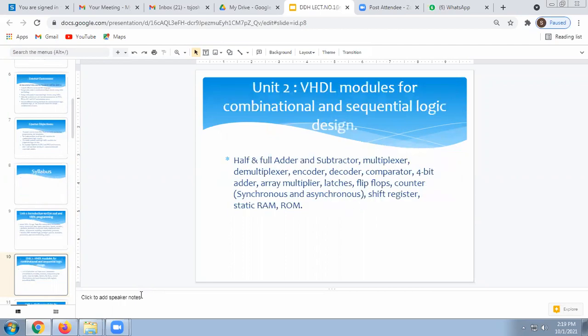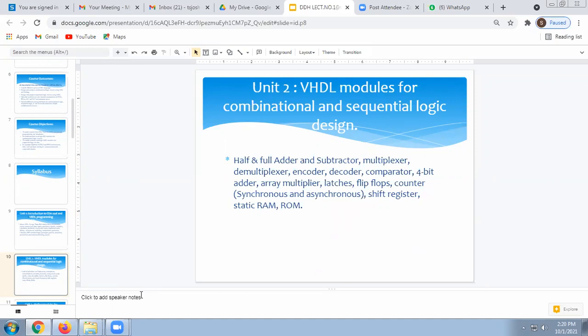Now the next unit, that is unit number 2, is VHDL modules for combinational and sequential logic design. In unit number 1, we have studied all the basic things: how to write the program, which libraries are used, what is meant by entity, what is meant by architecture, and how to write the code for different circuits.